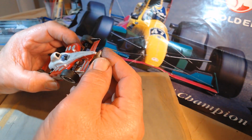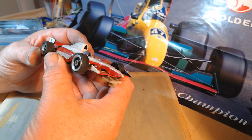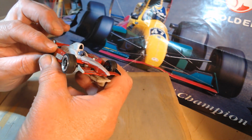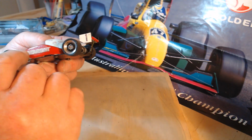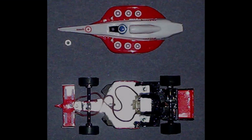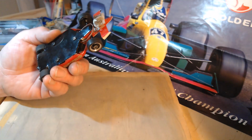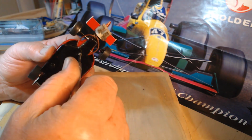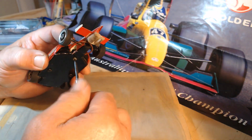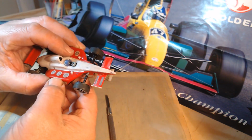All the decals are made in a similar way to the other Indycars I made. They're all hand drawn and then photocopied and shrunk down a bit. They're all faded now. There's a single 3mm machine screw that goes through to the top,